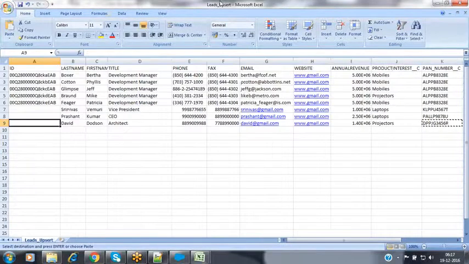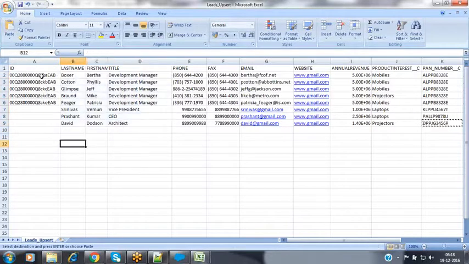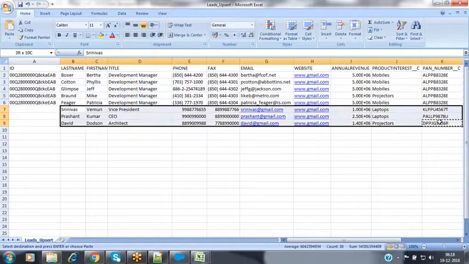So now here when you observe this, we have totally 8 lead records. From these 8 lead records, 5 lead records have the IDs, and the remaining 3 lead records do not have the IDs over here. Now in this kind of scenario, how can we implement this functionality over here?